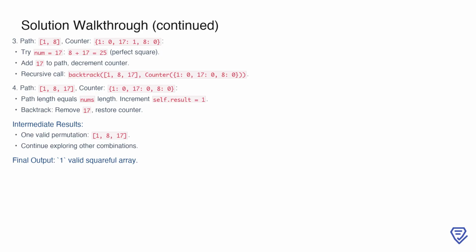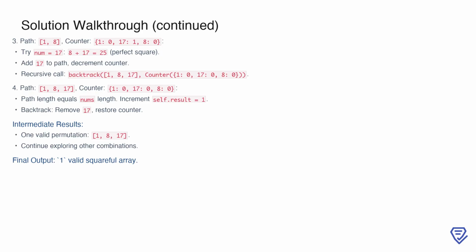square, we proceed by adding 17 to the path and decrement its count in the counter. This results in a recursive call with the full path [1, 8, 17], and all numbers used. At this point, since the path length matches the length of the input array, we have found a valid Squareful array. We increment self.result to 1, indicating one valid permutation is found. Afterward, we backtrack by removing 17 and restoring its count, allowing us to explore other combinations. The intermediate result here is one valid permutation, [1, 8, 17], and the final output for this example is one